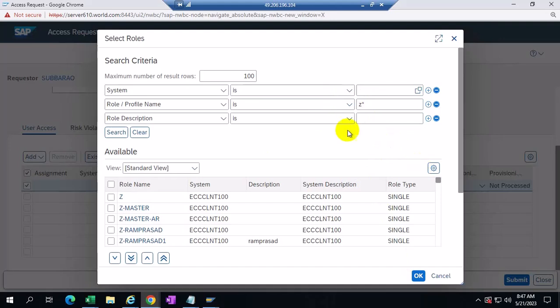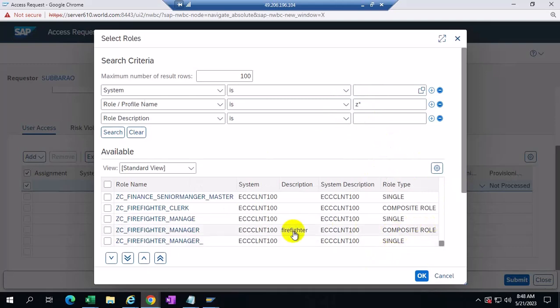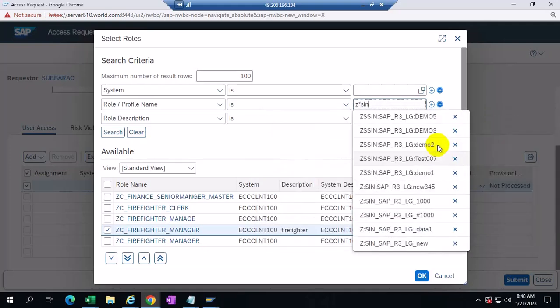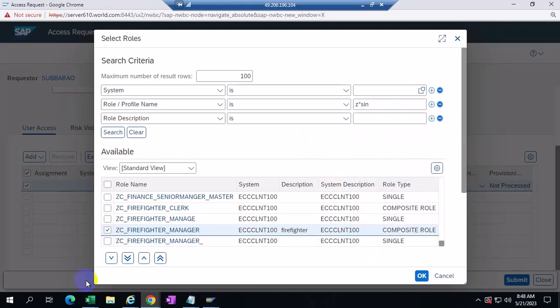This strategy companies will follow, because even though our role concept is business role, if you observe, the user has to come here and select this role. Suppose he can give some role name, and he got confused which role he needs to select. This is not an appropriate naming convention, but to avoid these confusions, generally companies will follow